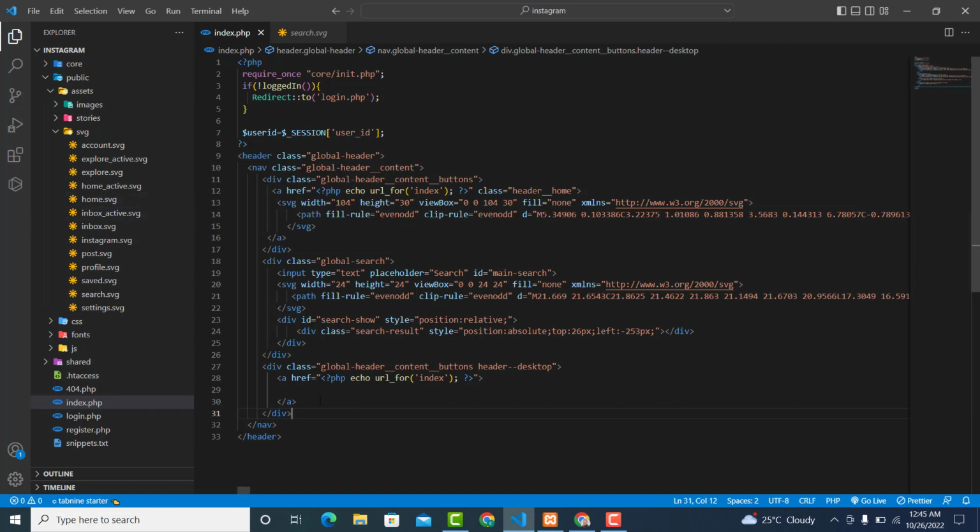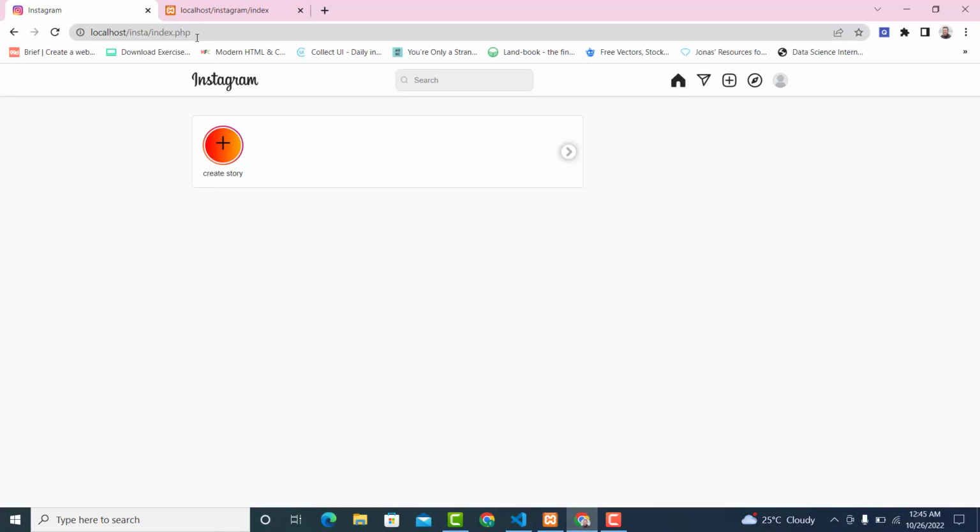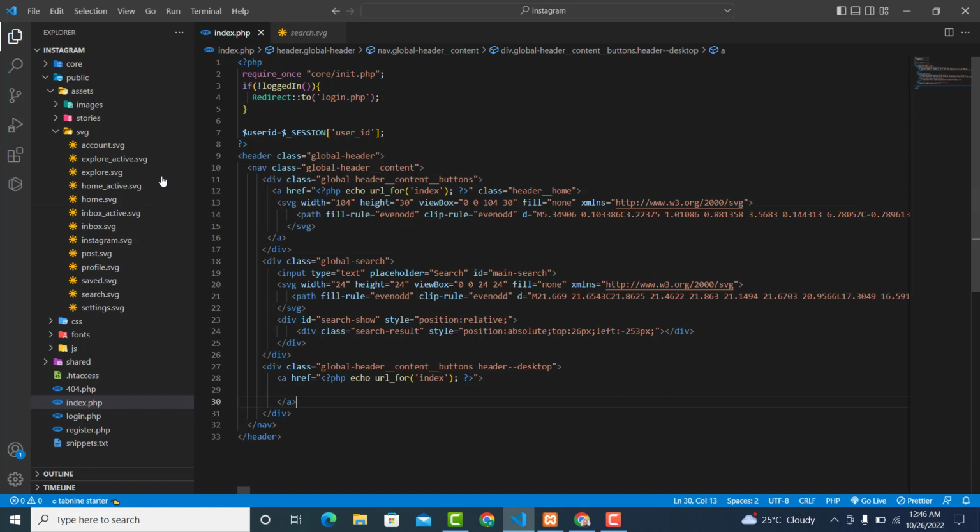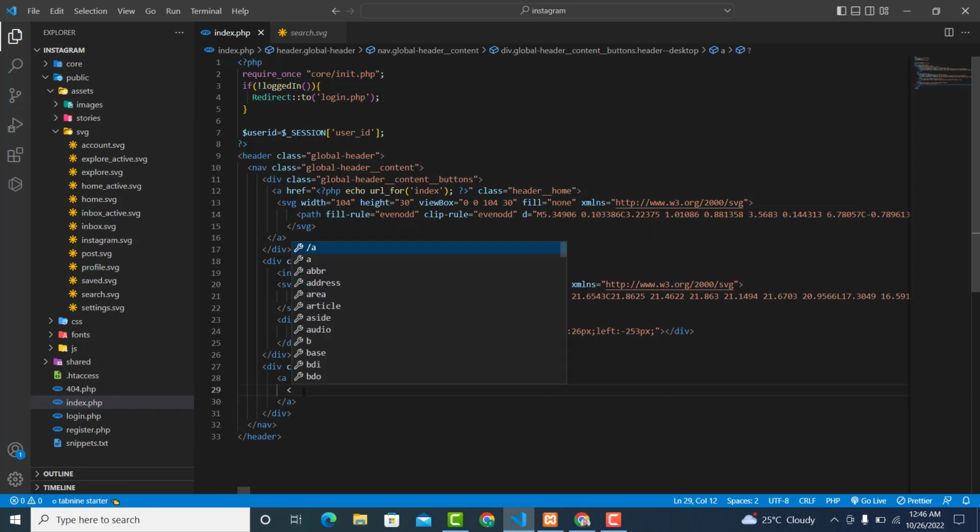That's the logic that we are going to implement. In order for us to implement that, we need to get the URL, which is this one, index. So if this one is true, that we are on the index page, then use this icon home_active.svg. So over here, what we need to do, just open up your PHP tag,